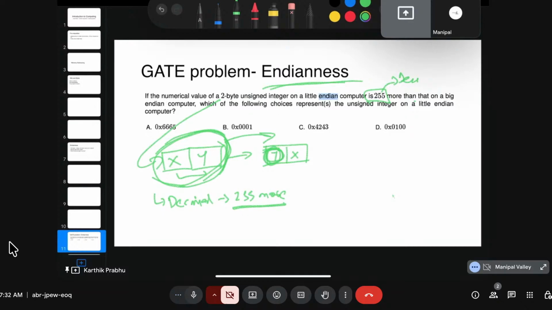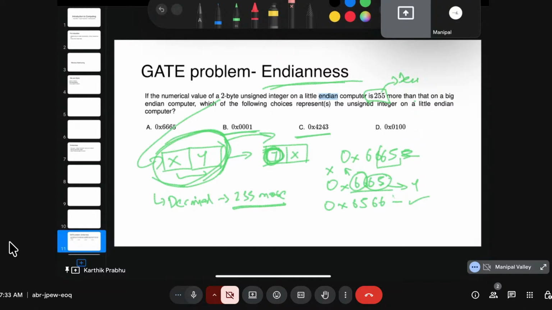Like, if I started with say 0x6665, this is y and this is x, right? And we are going to reverse it: 6566, and we are saying that this is 255 more. So this is correct. But if we reversed, like say B,